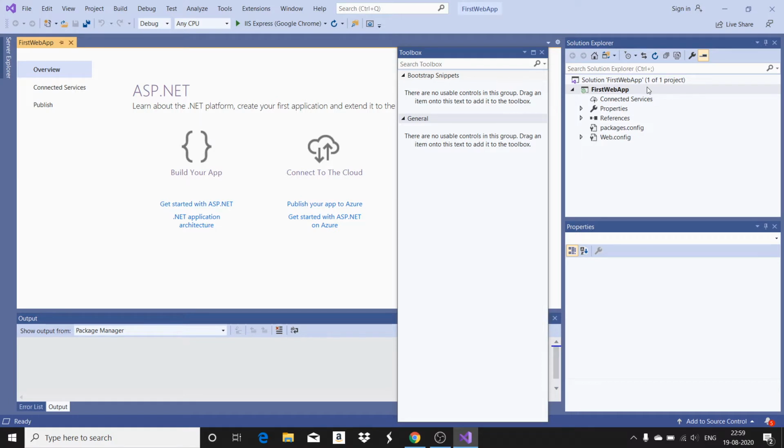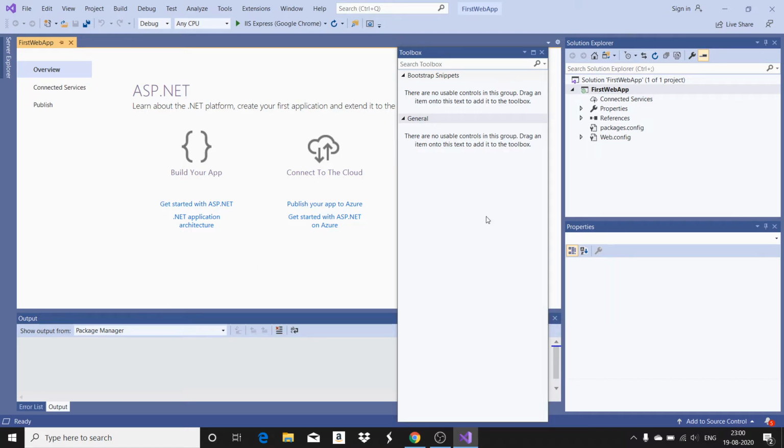And when you look into the Solution Explorer, we have already seen the Solution Explorer is the window in which we have all the resources and the files that are used in the project. All these things will be listed here. And since it is an empty web application, it shows these are the different resources that are associated with my web application. Now, since it is an empty web application, I don't have any web page that is available.